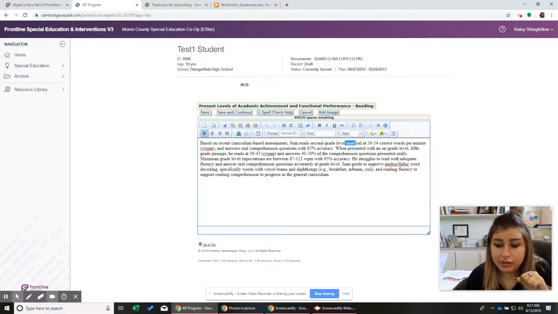So like I said in that previous explanation of present levels, we need to figure out what is the major thing that's preventing him from reading at that level. And they said he can't read multisyllabic words, and that makes total sense because in second grade, the difficulty of words is so much less than it's going to be at fifth grade. So we're going to write a goal on that.